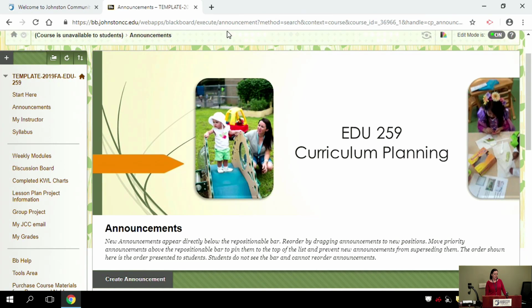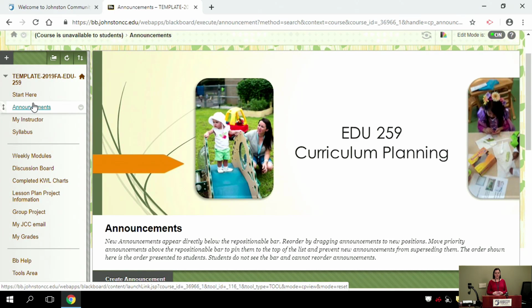So EDU 259, just to give you a little bit of background, is really the culmination of all of the different classes that they have taken previously throughout their degree program in our early childhood department. And so as we worked on developing this course, there were certain topics and concepts that we wanted to make sure that we highlighted to really engage our students with deeper thinking and deeper level learning and introducing the project